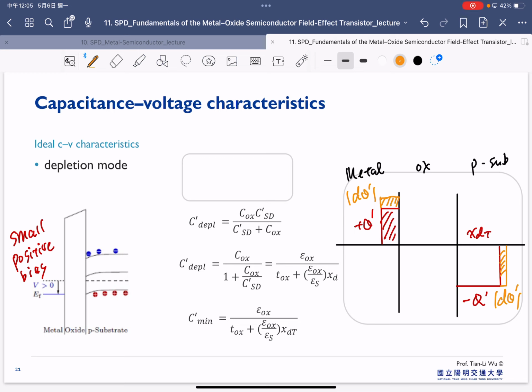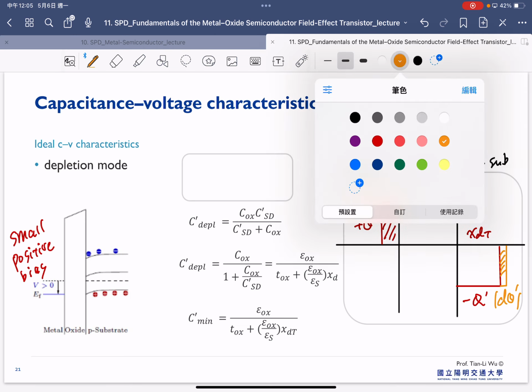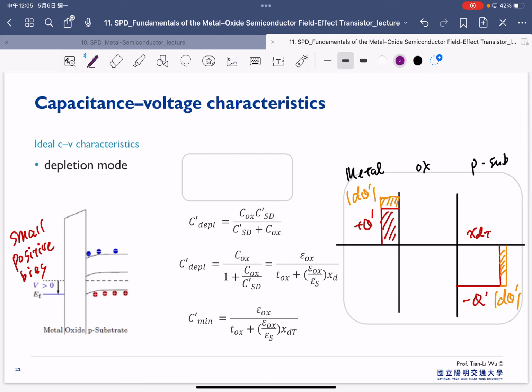Right now, if you consider the capacitance, the capacitance is not only equal to the oxide capacitance anymore. We still have the Cox here, and also we have to consider this additional depletion width. That's the C_SD prime here. So right now, our total capacitance in the depletion mode